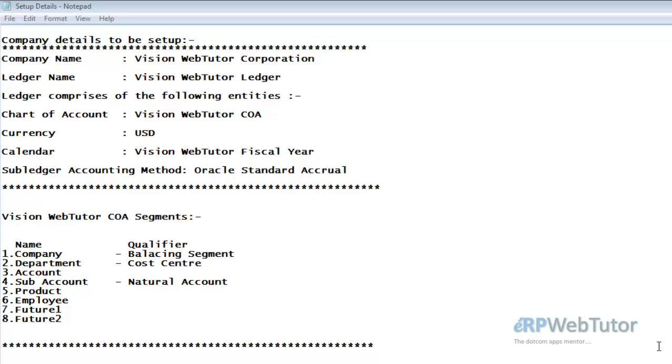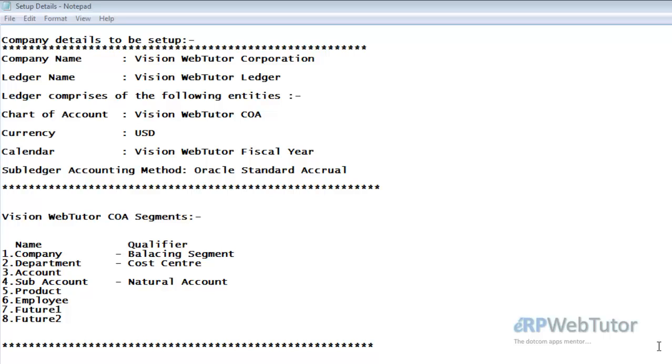Okay, so now let us understand the different segments which the chart of account of Vision Web Tutor will comprise of. Okay, now different segments of chart of account can be used to determine the different levels at which the company would like to capture their accounting information. Right, for example, in this hypothetical setup which we are doing, the Vision Web Tutor COA will comprise of 8